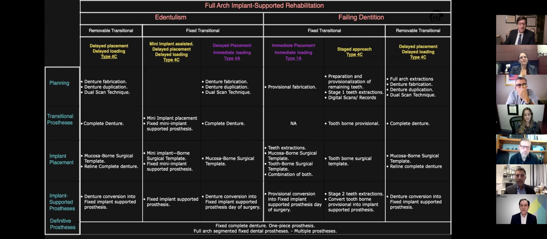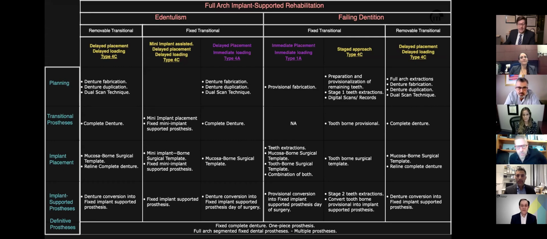And then if you look at the 5 phases, you have the type 4 delayed placement with a delayed loading, a type 4C where you're going to use mini implants to retain a fixed prosthesis but not loading the real implants, delayed placement with immediate loading, or moving now to the side of the fixed transitional prosthesis of a failing dentition,